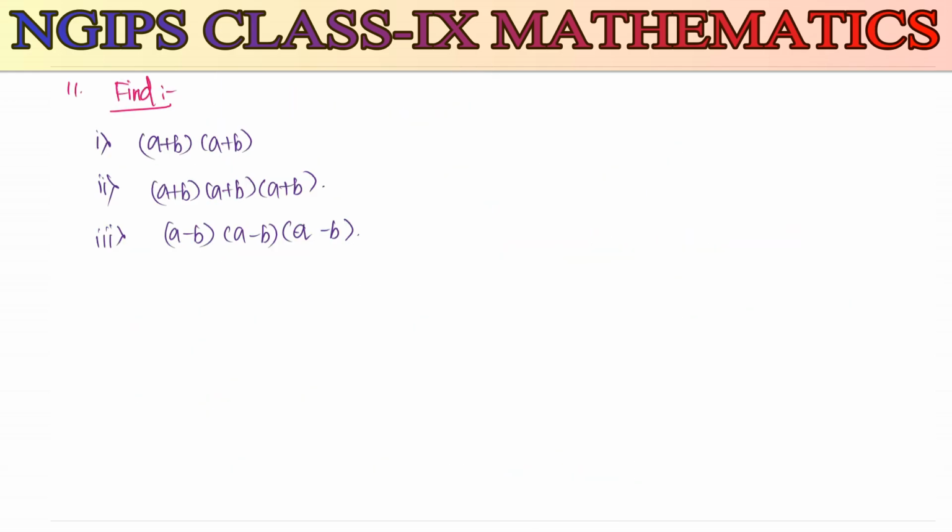Here we know very well, when the bases are the same, we can add the powers. If there is no power, the power is going to be 1. So here it is a plus b, 1 plus 1, the value is going to be 2. Here we have 3 terms, so the base is the same, and we can write it as a plus b whole cube. And we have again the base a minus b. The powers we need to add, so we get a minus b whole cube. So this is the final answer.